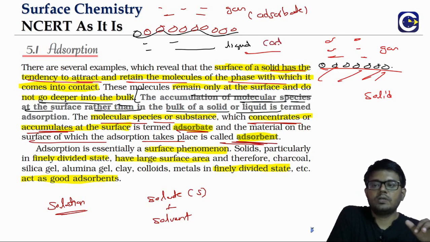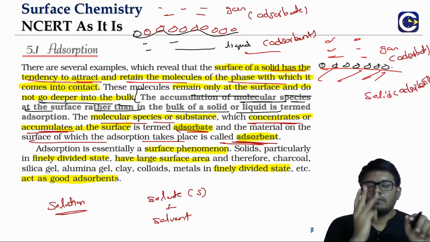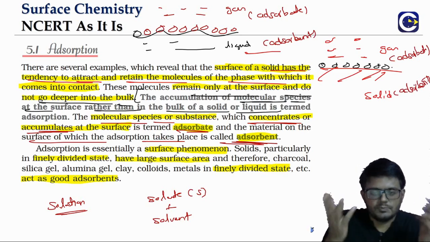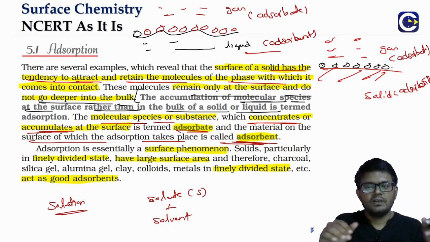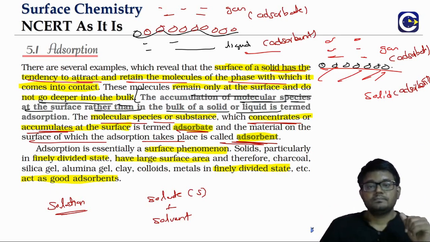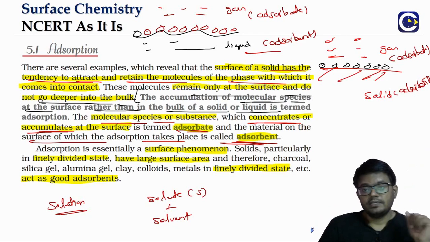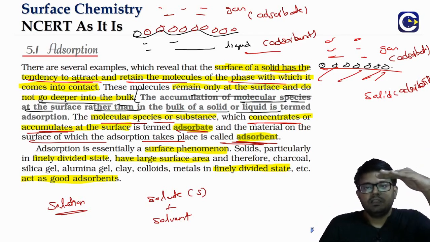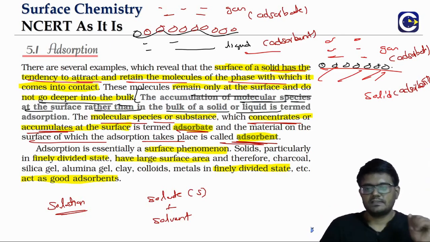Okay, so what is this going to be called as? Adsorbent. So here in this case, the gas will be called as what? Adsorbate, and solid will be called as what? Adsorbent. So mainly here we look at three types of adsorption. Three types means it is not like we are classifying it. We can have adsorption of a gas on solid. We can have adsorption of liquid on solid. Liquid means the solute particles from liquid can come and settle on the surface of solid in contact. Or we can have adsorption of gas particles on the liquid surface.